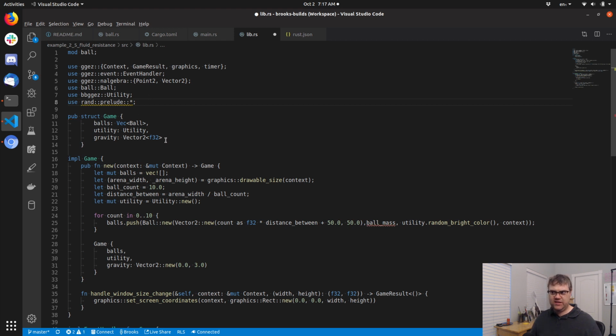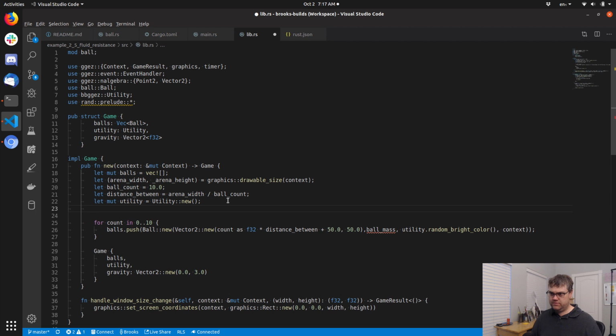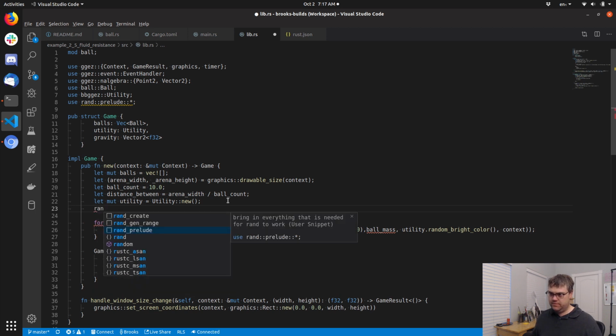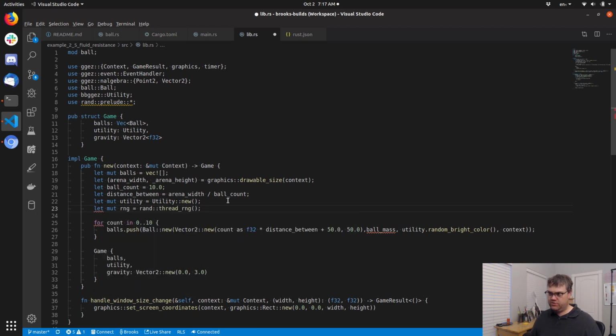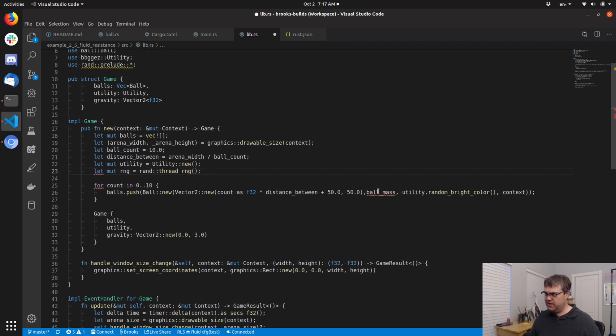I don't necessarily need this multiple times, just right here when we create it. So we're going to create rand, and then for the ball.mass, we're going to do